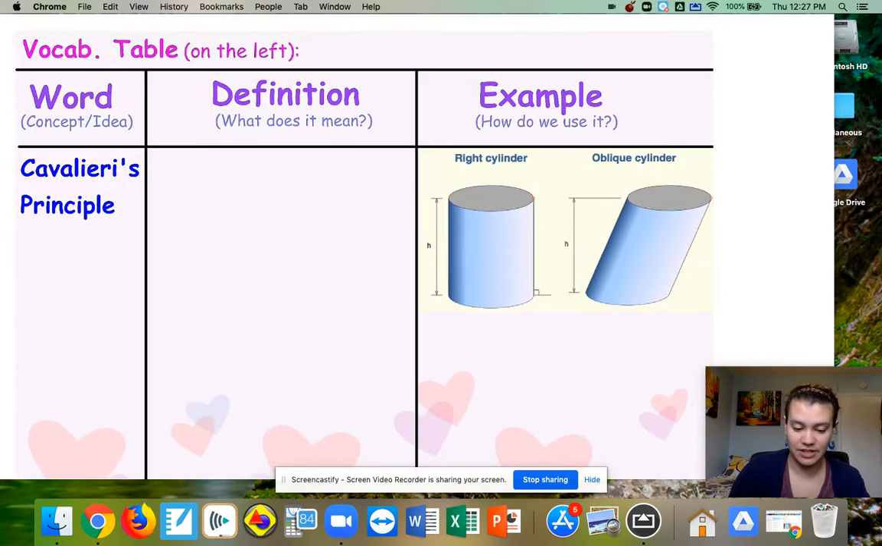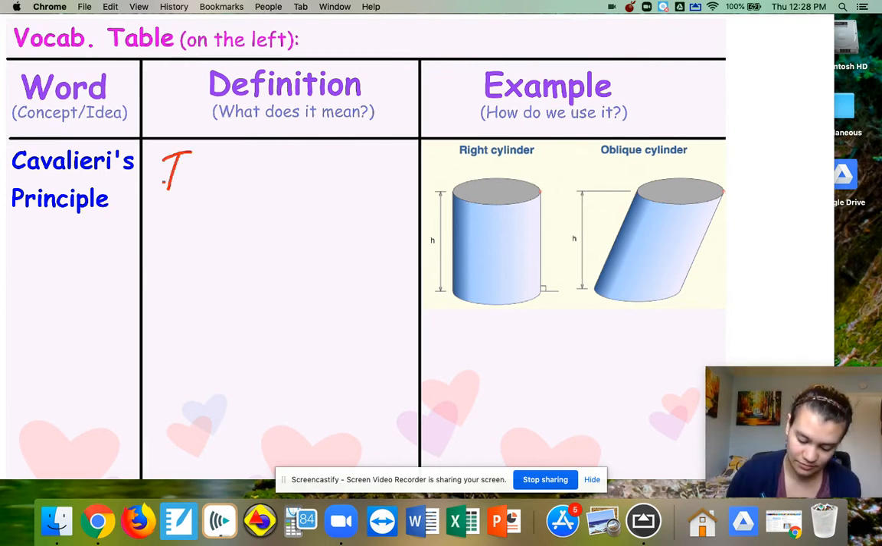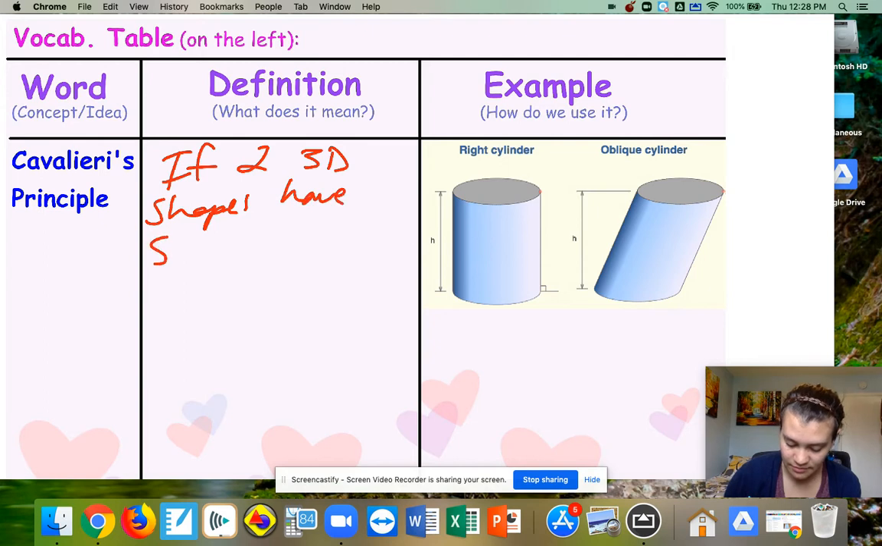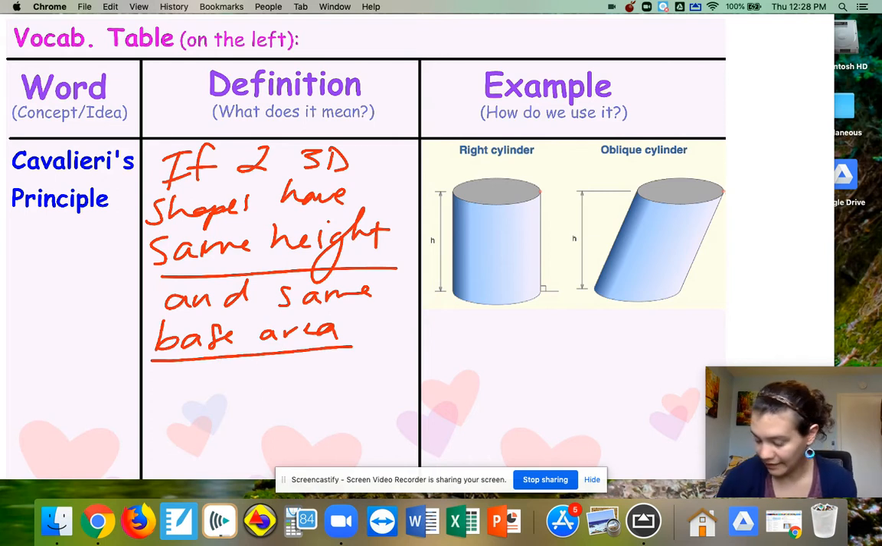So the definition then, if we write that out, would be: if two 3D shapes have the same height and the same base area,